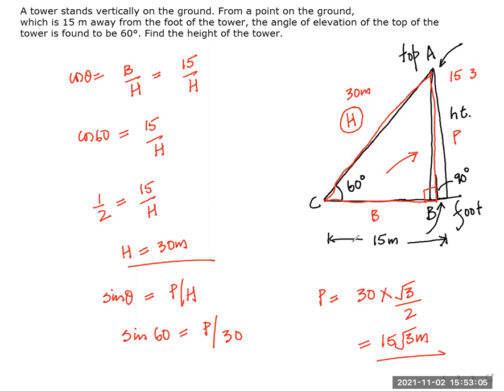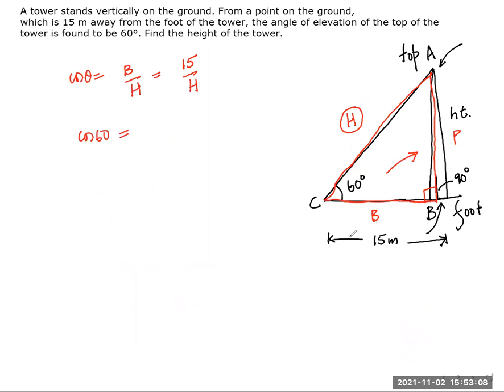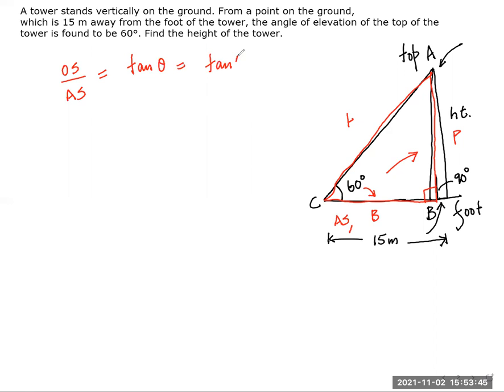You can do it like this. You can do it other way also. Like directly, you see students, this base is given, angle is given, you want to find out height. So height is opposite side. So students, opposite side divided by adjacent side. This base is adjacent side, adjacent to this angle. That's why it's known as adjacent side CB. OS by AS is equal to, any student? Tan theta. Don't say tan, tan theta. Theta is 60, so it becomes tan 60.